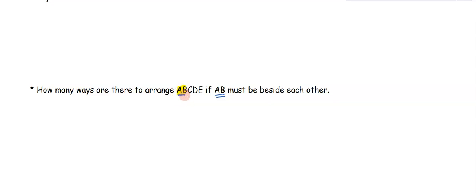I just treat them together. A, B is an option, C is an option, D is an option, E is an option. So even though there's 5 letters, I really in my first blank only have one choice. It could be A, B, it could be C, it could be D, or it could be E. So by treating it as one, I can now say, oh, I have 4 choices, then I have 3 choices, then I have 2 choices, then I have 1 choice, or 4 factorial, which gives me 24 ways they can